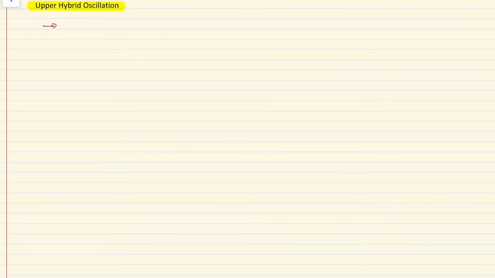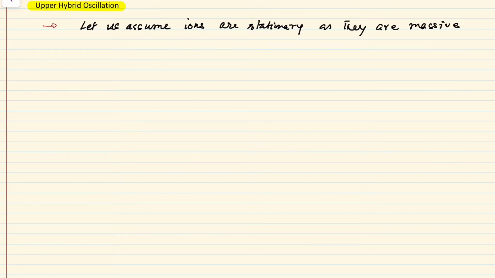In this case we are going to assume that ions are stationary, as they are massive. And also we are going to assume that there is no thermal motion, so temperature Te must be equal to 0. Electron temperature is considered to be 0, and we are going to assume that